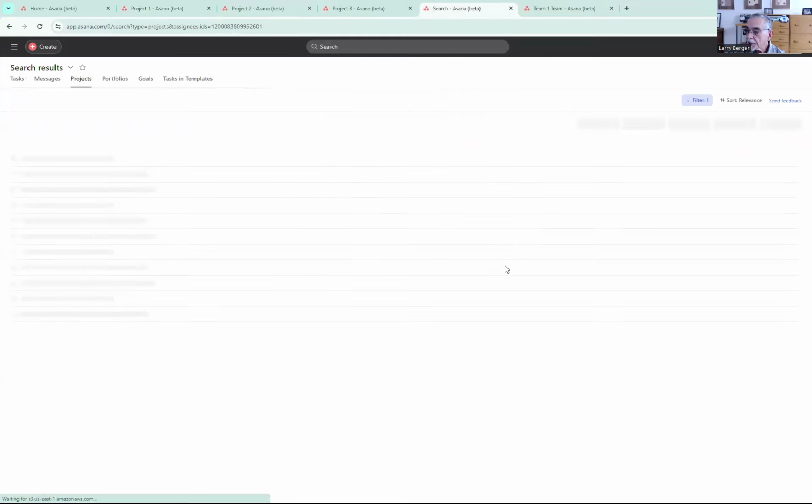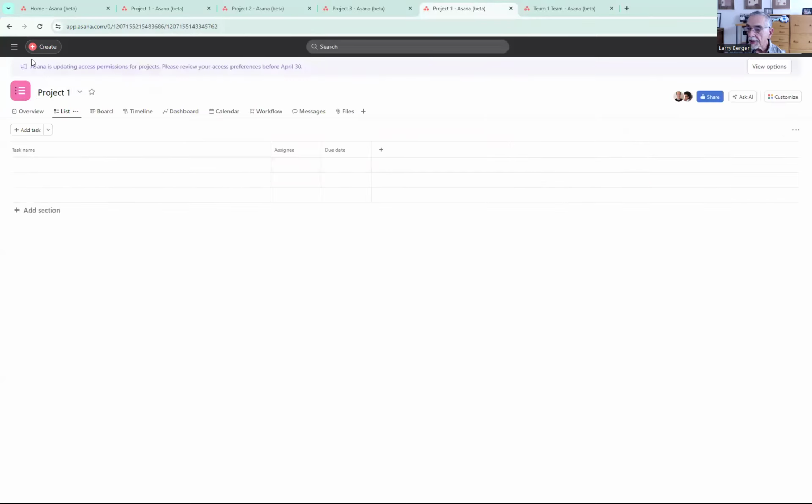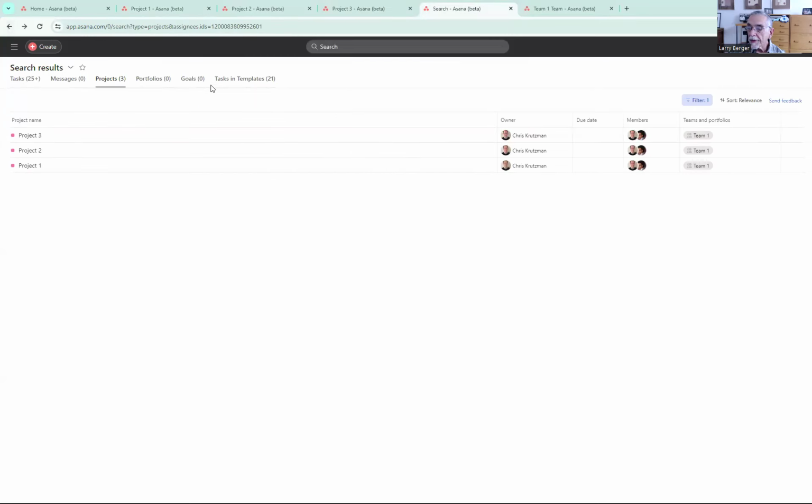Then you could go ahead and do a search, and it's going to show up by default with tasks, but click projects, and you're going to see the owner. That'll be just the projects that that person owns. And you could click into each one of these just by clicking it, and you'll get to where we were a second ago. You could go in and look at that project and fix it up at that point, or see if it's in conflict.